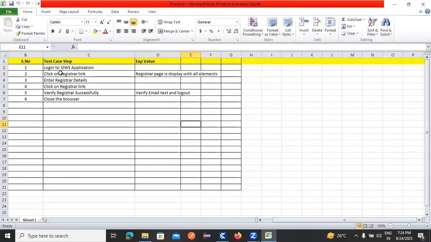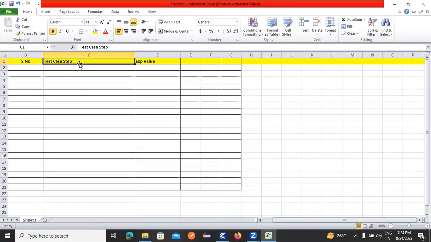See, you guys are observing. This is the test case. Just imagine: serial number, test case step, and expected value. Here I will provide